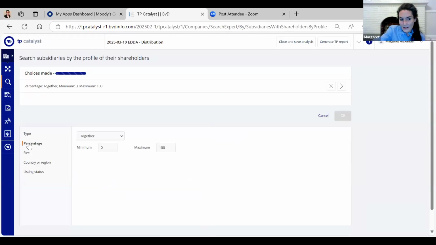And here I would pick percentage, and you can pick a minimum or a maximum. So if the maximum were 20, that's how I would enter it, and then just click OK. So it's ownership, and then subsidiaries by profile, and then shareholders and percentage.